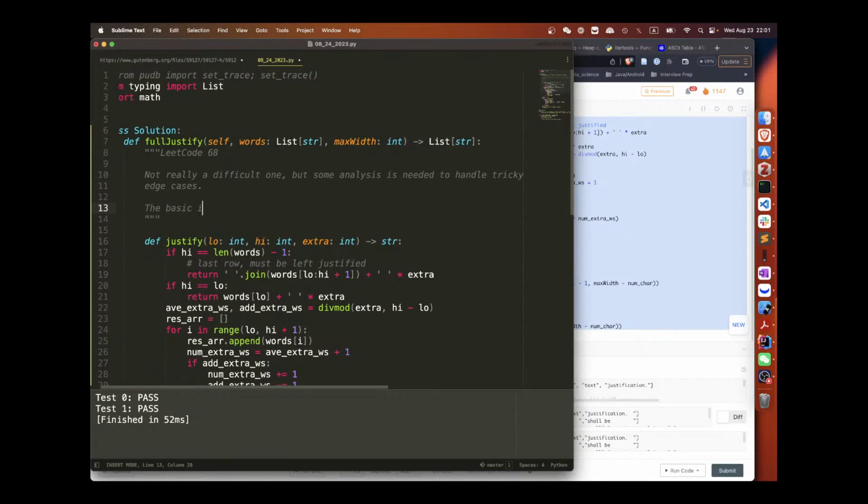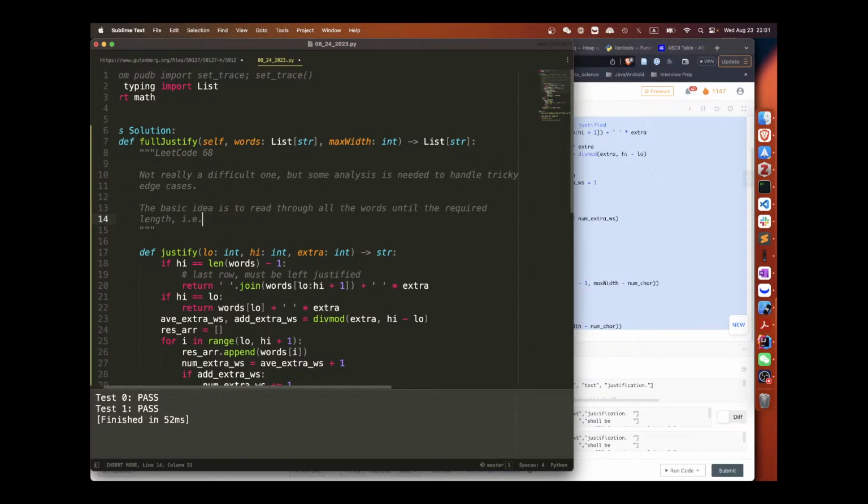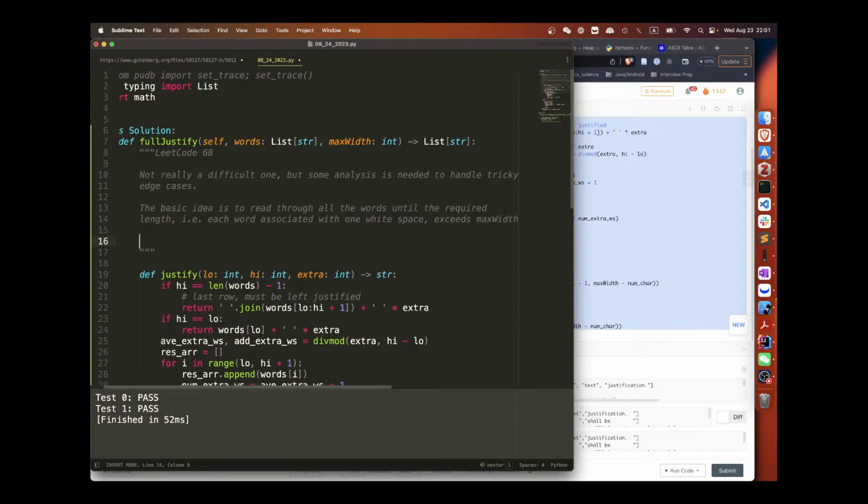And the basic idea is to read through all the words until the required length, that is each word associated with one white space, exceeds max width. Then we exclude the last word and justify all the previous words.